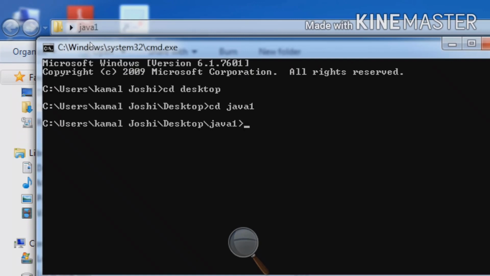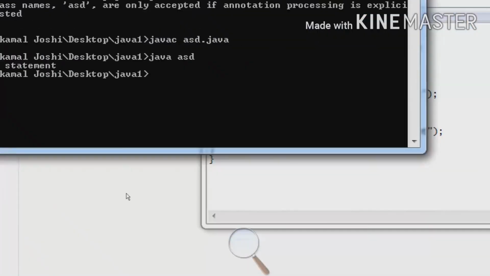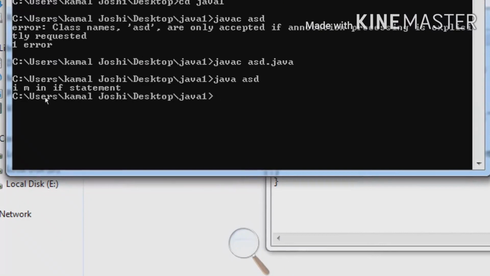Now we will compile the file using javac space asd.java. Enter. Now the compiling process is successful. Now we will run this using java space asd only. Now it prints I am in if statement. So this is the execution of the if statement. Okay, thank you students.